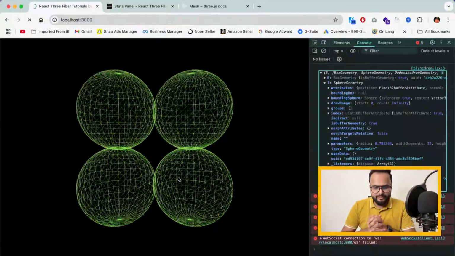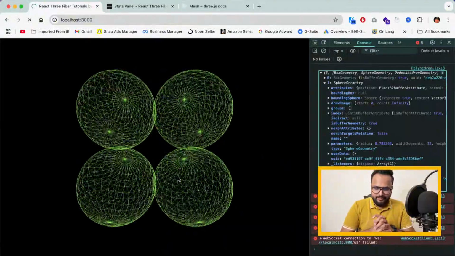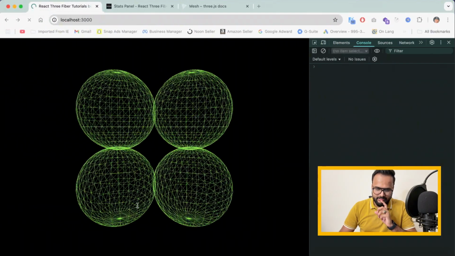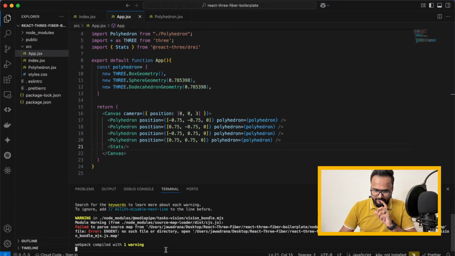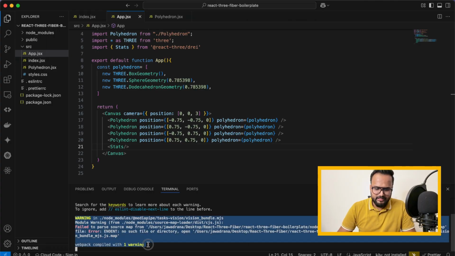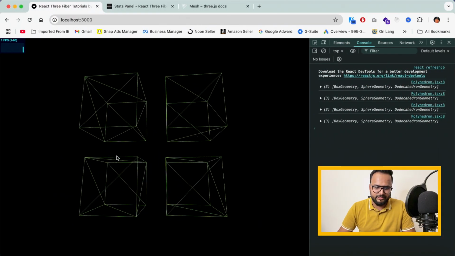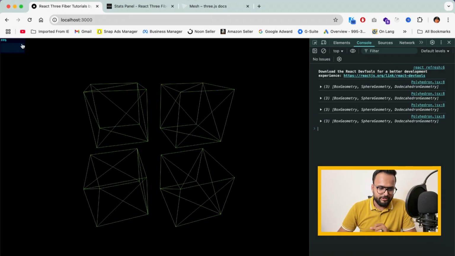I will reload, and as soon as I reload the project, it's starting the development server. Still not started yet. I'm getting some error. That is bundle.mjs, no such file or directory. Right, let's just neglect this one. It's just a warning and it's not much important. I will go on with CJS in some time, but right now the main important thing is,